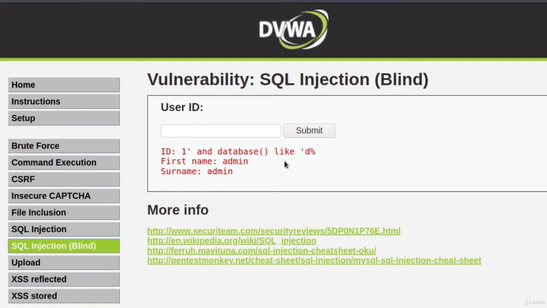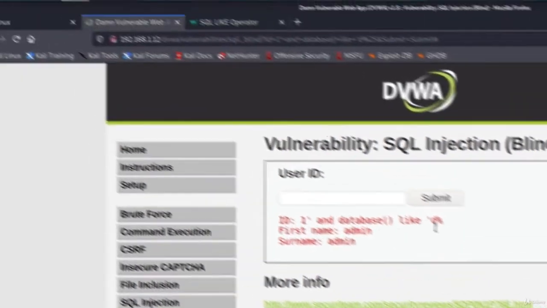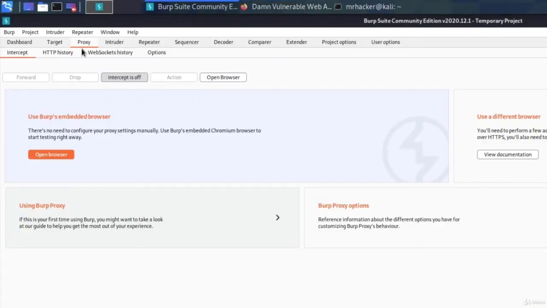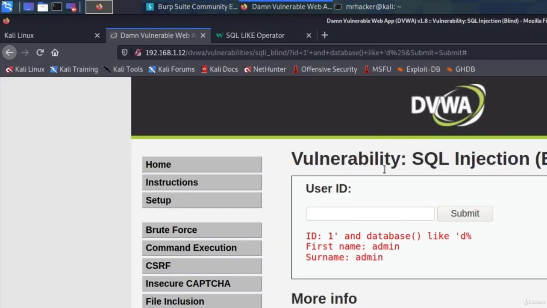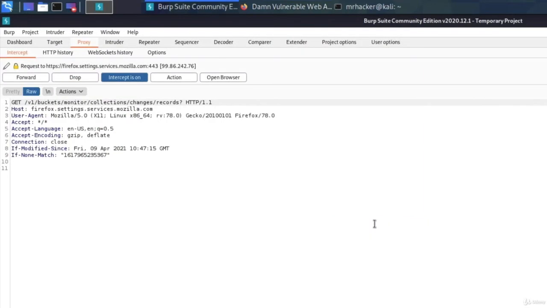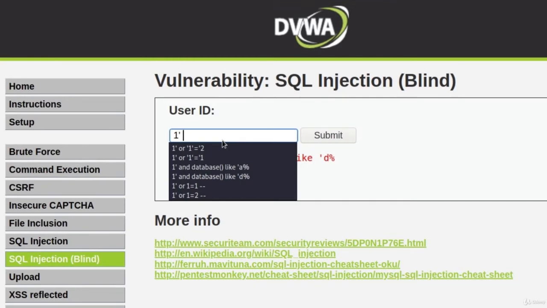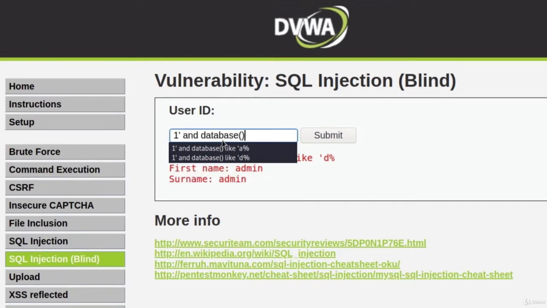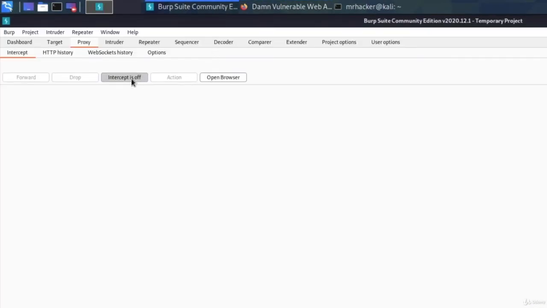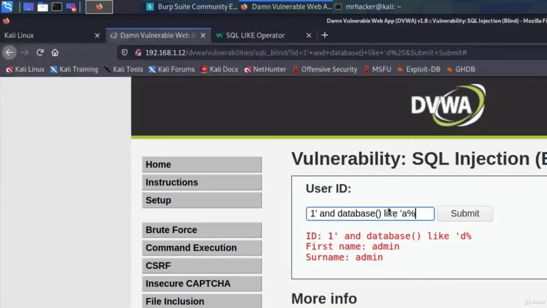As you can already imagine, this can take a lot of time to guess. And we could use the help of Burp Suite to do this. So let's go to Burp Suite. Let's turn on the intercept. Let's type 1, and, oops, let me just type it in first and then I'm going to intercept. So 1 and database like A. Let's start with A once again, just for the purposes of showing how this would work in Burp Suite, and then